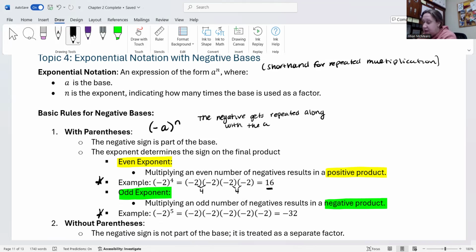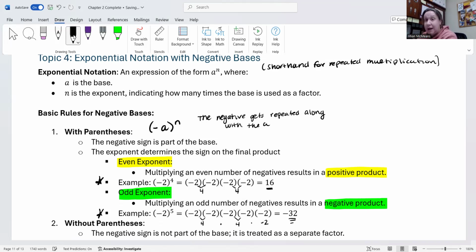-2 to the 5th is the same as -2 times -2 times -2 times -2 times -2. That's -2 as a factor 5 times. So what happens is the first two -2's multiply to become 4. The second two -2's multiply to become 4. And then you're left with that last -2 that can't pair up. So what we have here is 4 times 4, which is +16, but then that's multiplied by -2, which makes